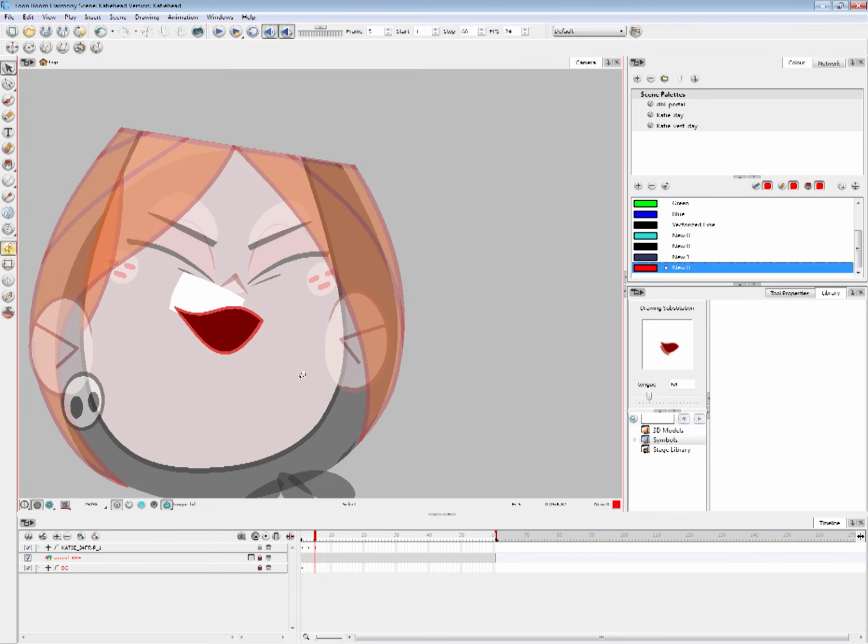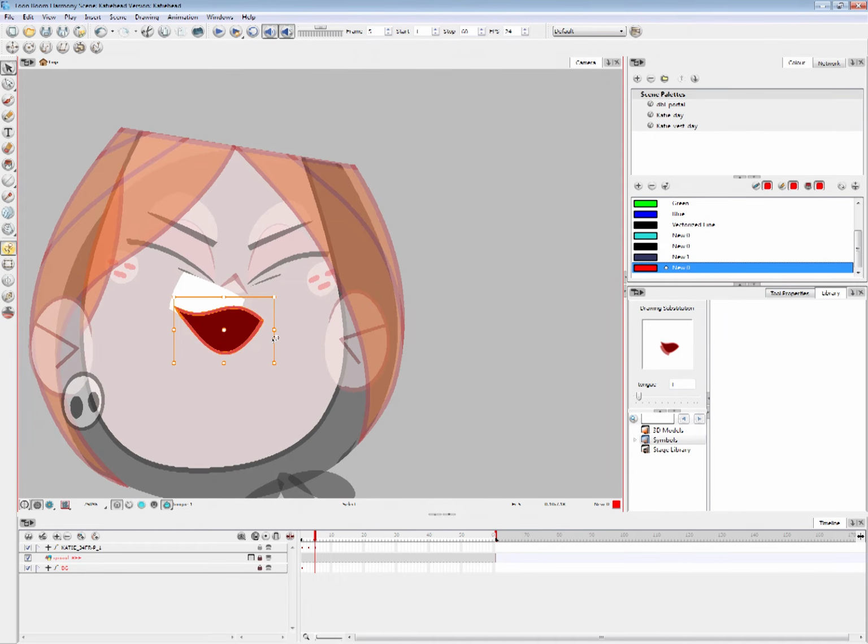So we're gonna duplicate this drawing, Alt D, because I don't want to mess with the mouth shape I have there. So always, if you're gonna modify a drawing, always duplicate it, and look in the library, look at the drawing over here and make sure it was duplicated.